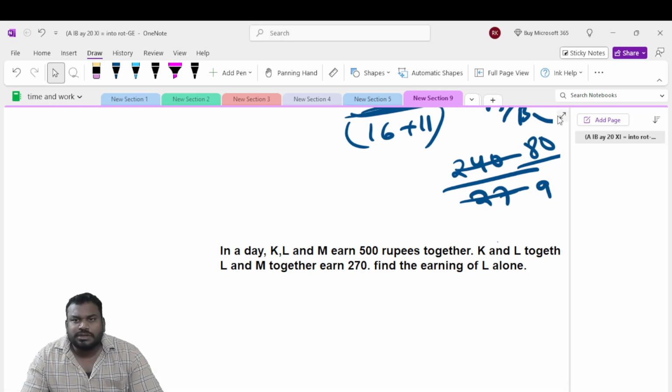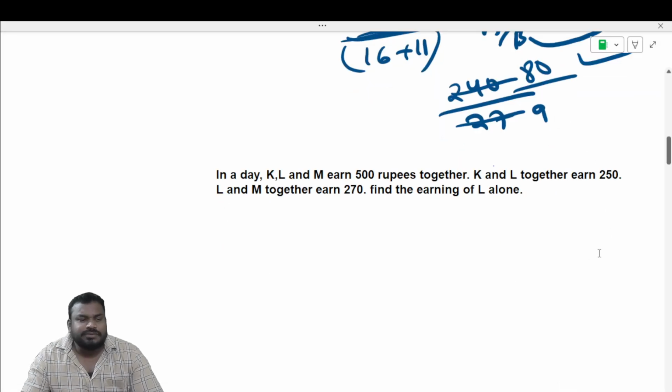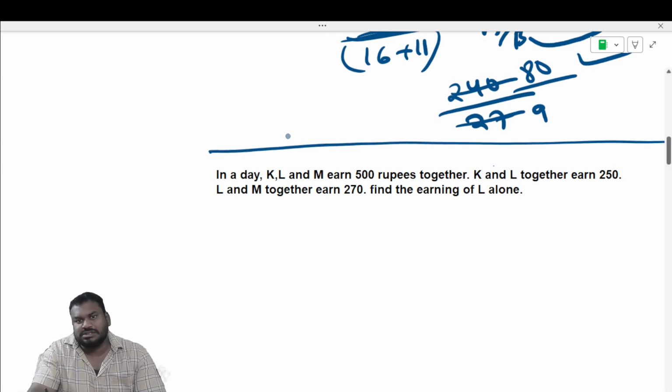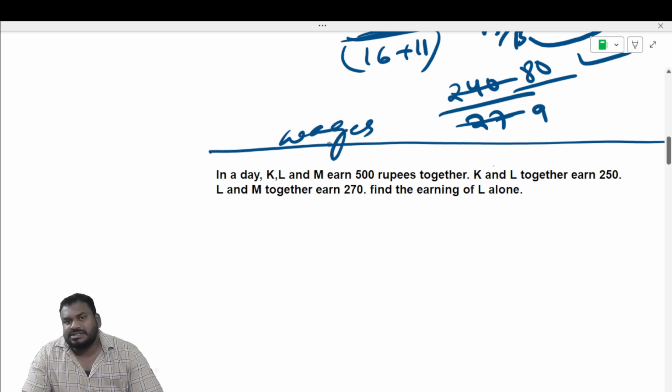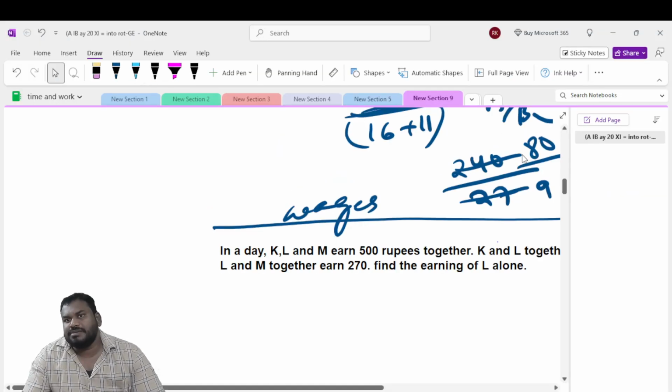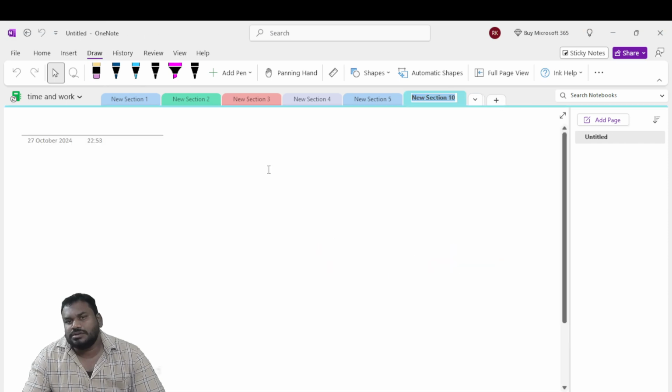Next question. So this is a different model on wages. So these questions come under wages. See, wages is nothing but the payments, we make payments, right? So see here,